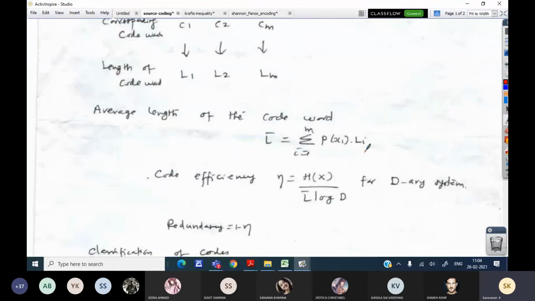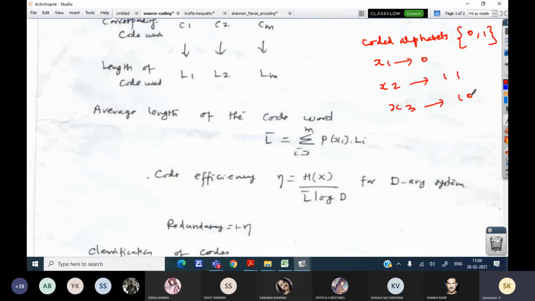Suppose I am using the coded alphabet 0, 1. So for x1 I use 0, for x2 maybe 11, and for x3 maybe 101.